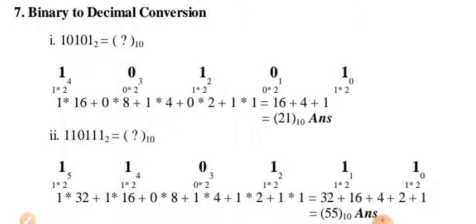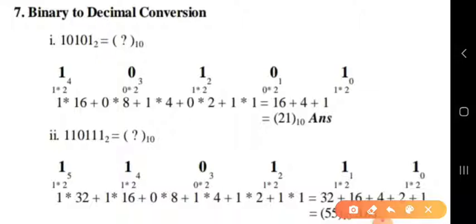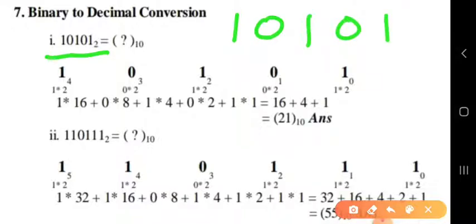Now, I will explain what I have said with this example. You just see over here. My question is 1 0 1 0 1. This is my zeroth location, this is first, this is second, this is third, and this one is fourth. This is the location of the bits. The first bit 1 has the zeroth location, and likewise the different locations are given here.